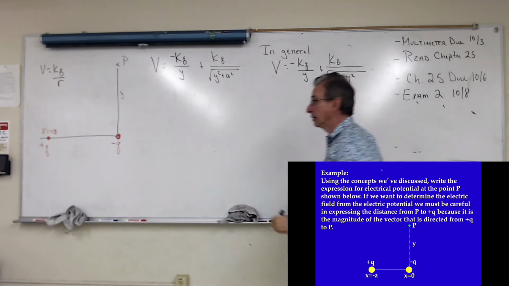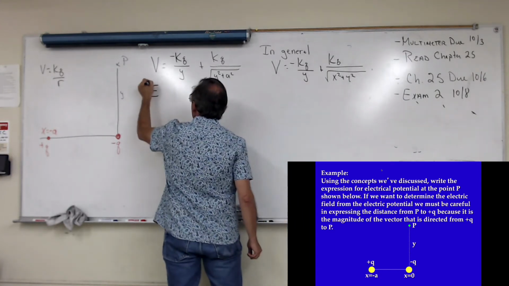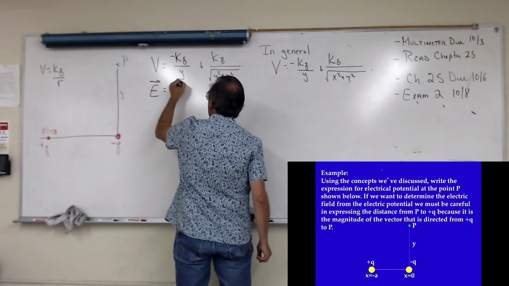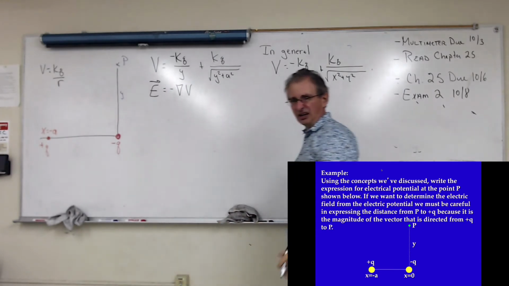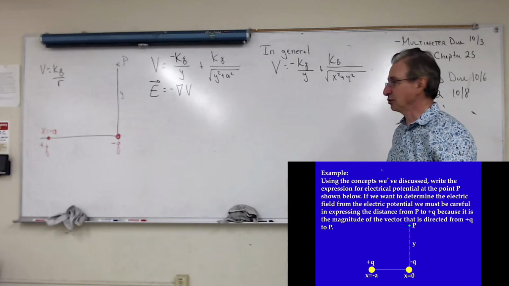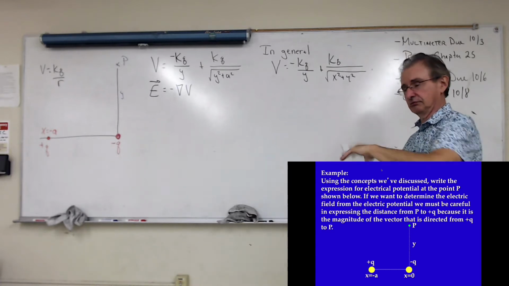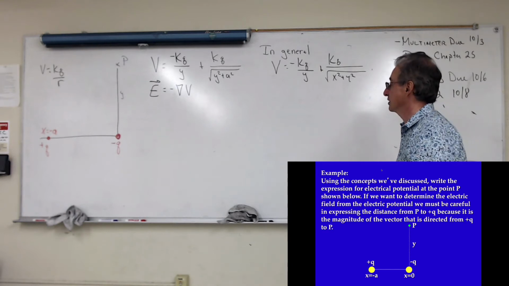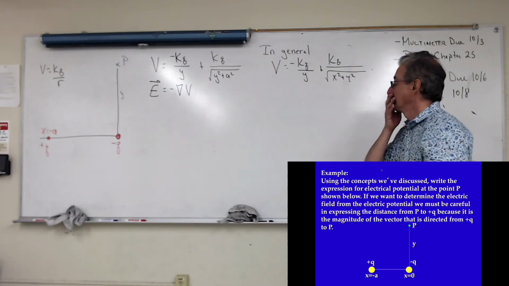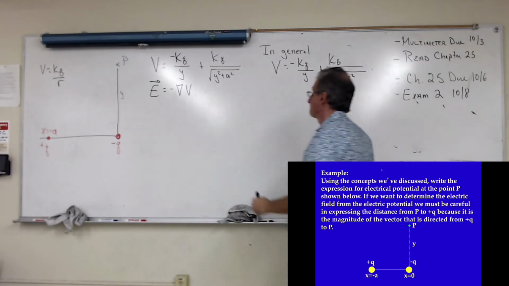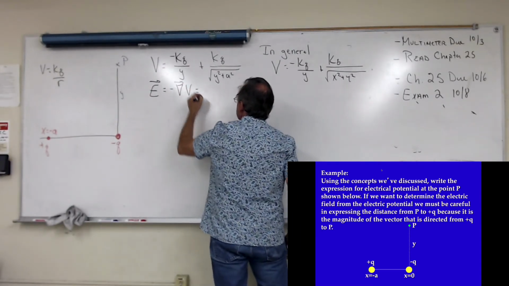And now E is minus the gradient of V. And let's not worry about the z direction. Let's pretend we're in 2 dimensions. Anyway, the z component is 0, because V doesn't change in the z direction. So then this is going to be